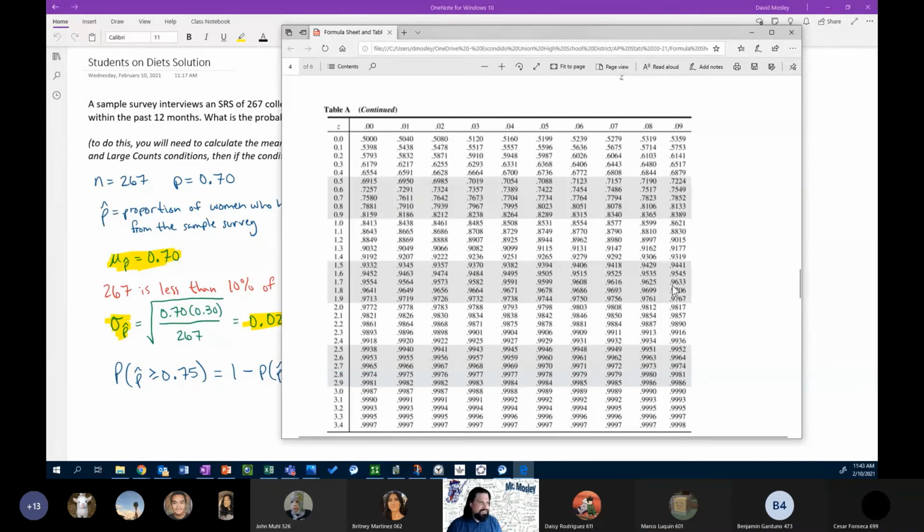We get 0.9633. So that means that the probability of z being less than or equal to 1.79